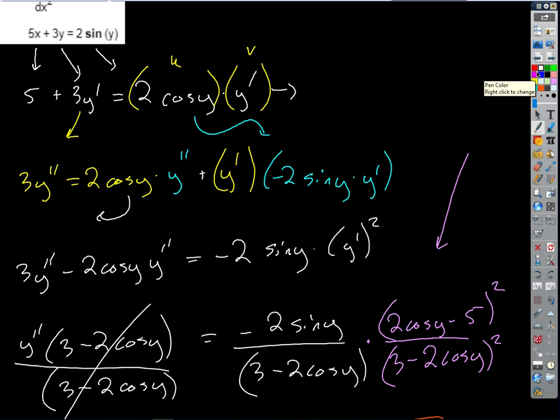So the steps we'll take, here, we'll fix this, this is no big deal. So we're going to end up with 5 on the right. On the left side, we're going to get 2 cosine y times y prime minus 3 y prime, right, over